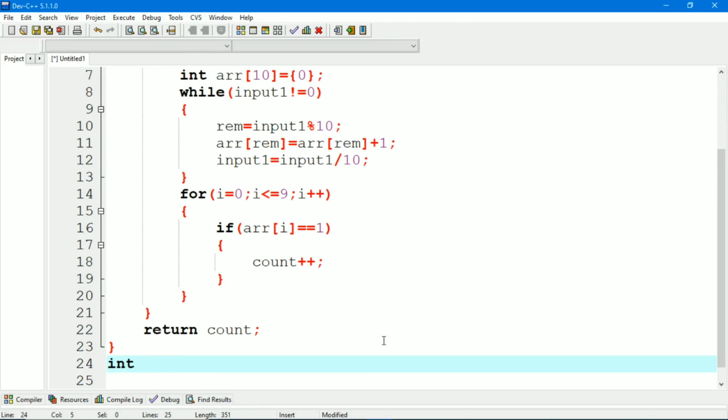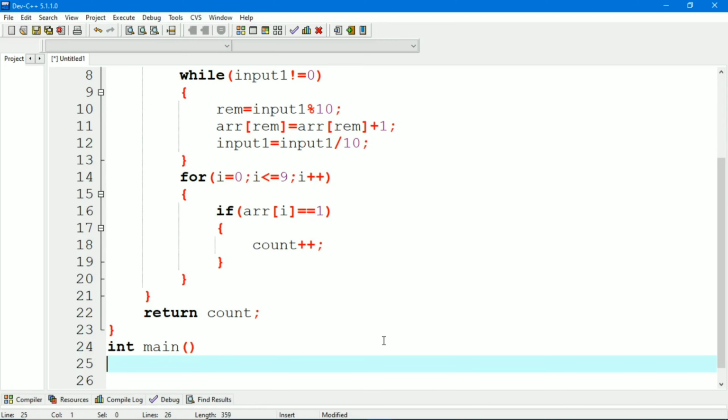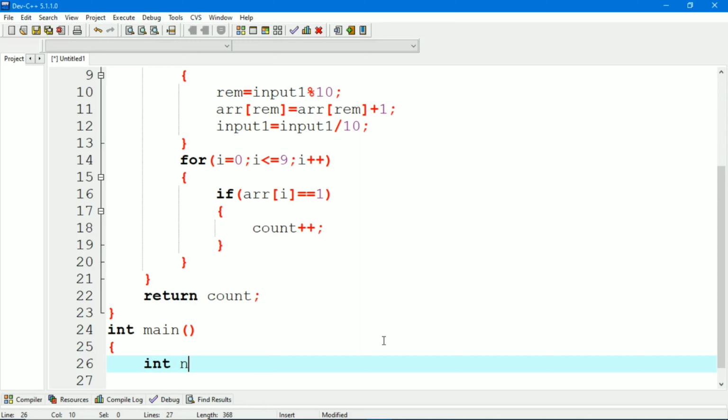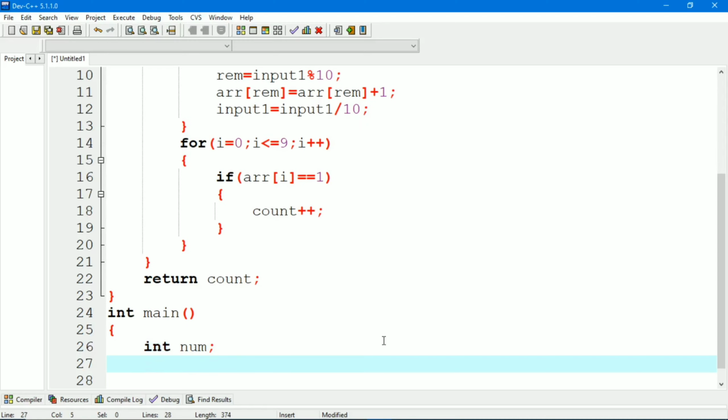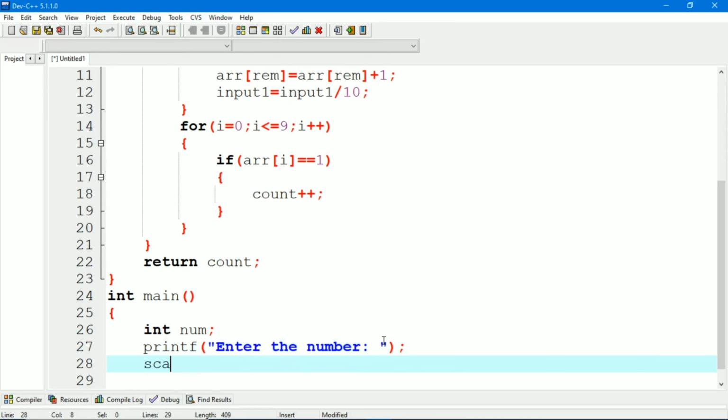Now we will write the main function int main, and we will declare one number. After that we will take the number from user. Let's say enter the number. After that we will read it from keyboard, %d ampersand number.